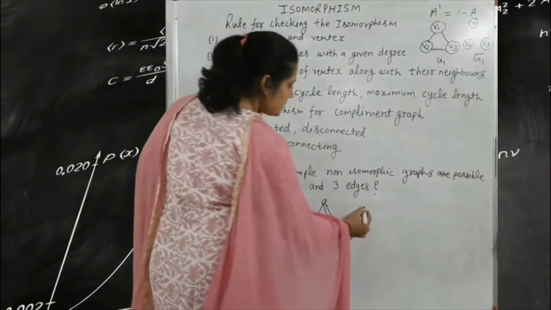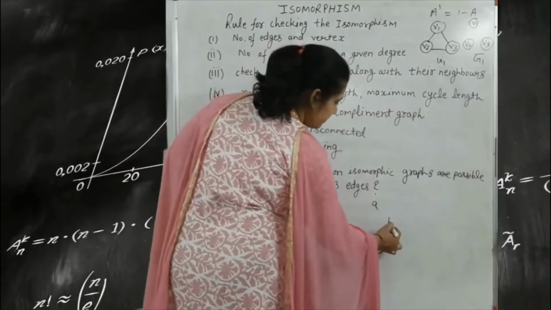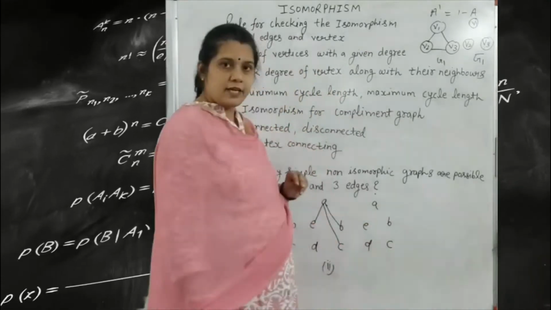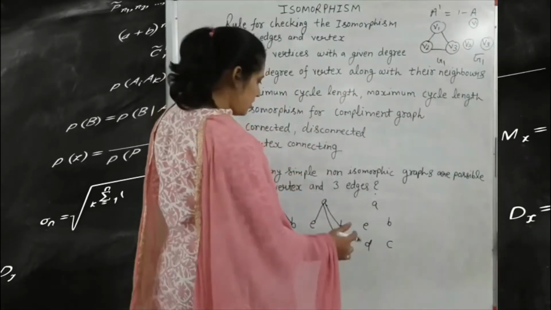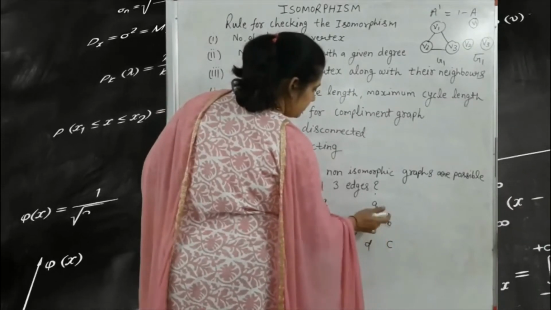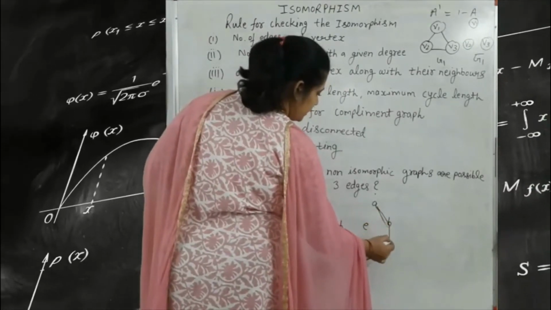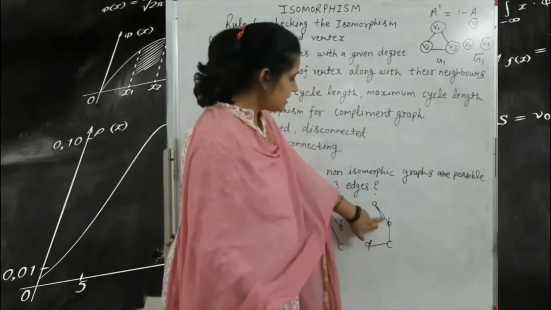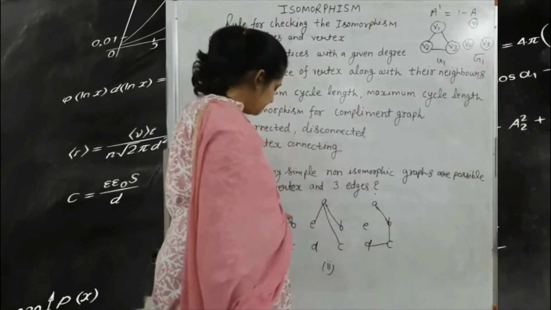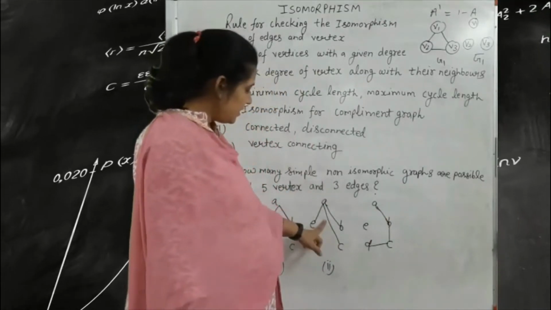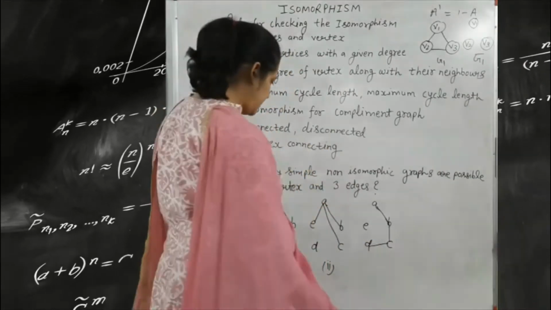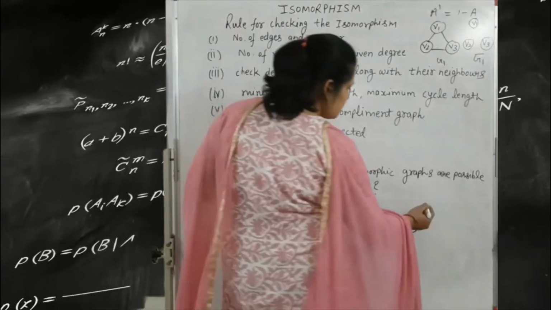What if, next, we write here A, B, C, D and E. Okay, so here the next one is what? The next one has an edge A to B, B to C edge and C to D edge. This is also non-isomorphic because here C has degree 1. So C has degree 1 here, but in the other graph C has degree 2. So the property is different.